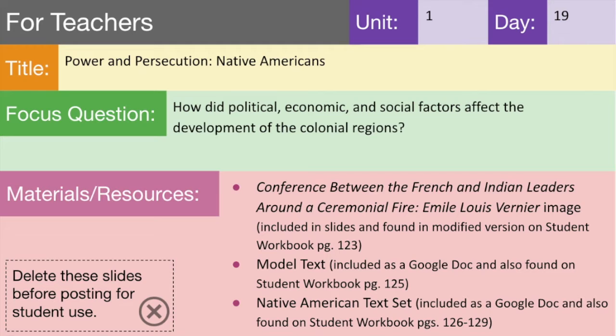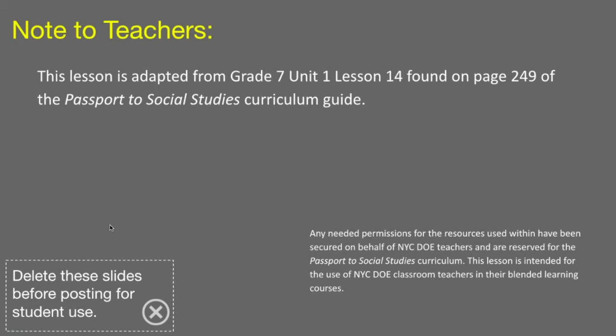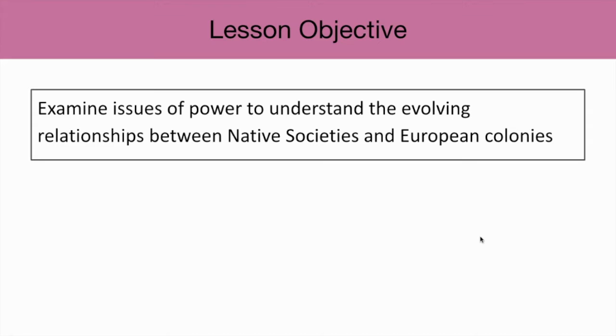In this teacher-facing video, I will go over strategies for teaching Unit 1, Day 19, Power and Persecution, including how to implement the Annotating Text Guide strategy. This lesson is adapted from Grade 7, Unit 1, Lesson 14, found on page 249 of the Passport to Social Studies Curriculum Guide. In this lesson, students will examine issues of power to understand the evolving relationships between Native societies